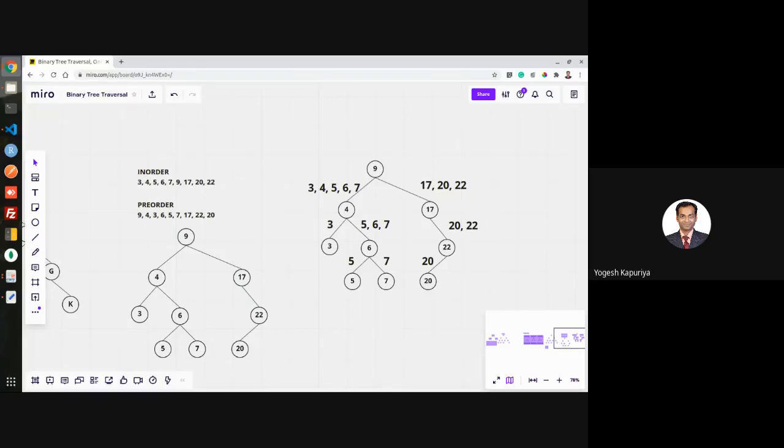I hope this is also clear. You have to check two things. First, find out the root node. That will give you the left part and right part. Then again, for every left part, you repeat the same thing. Find out the root node, left, right. Find out the root node, left, right. Till you generate this tree. So I hope this is clear. Any doubt? Anyone?